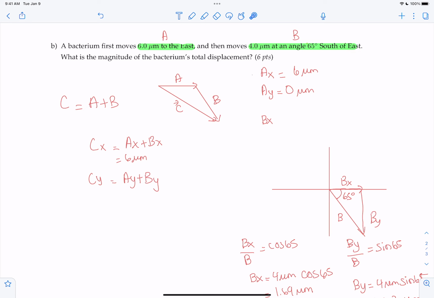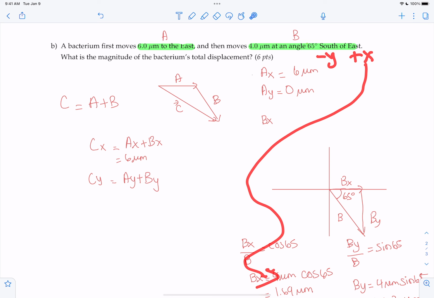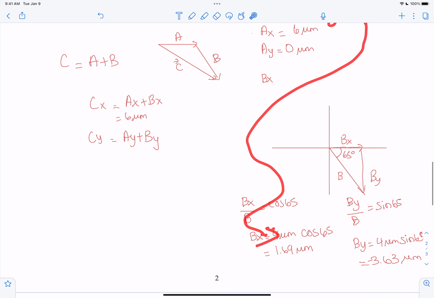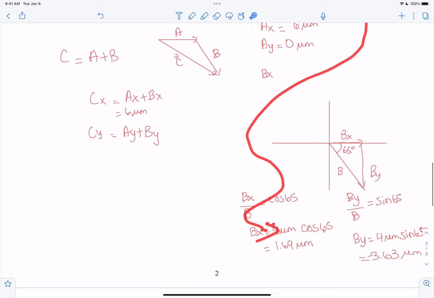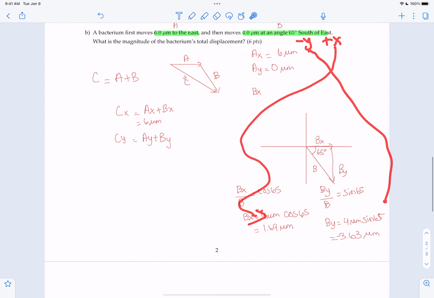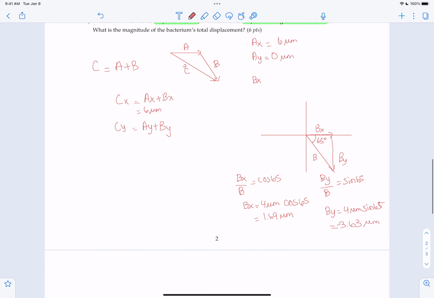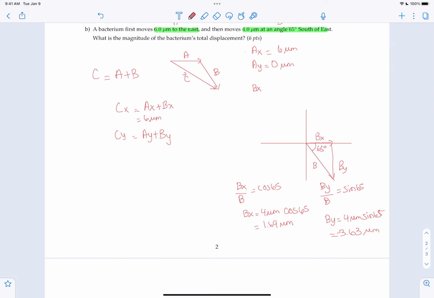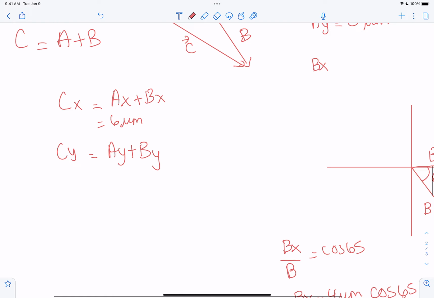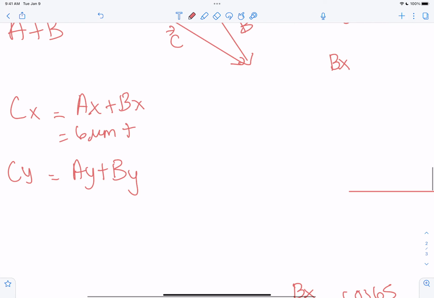East is referring to the positive x direction. South is referring to the negative y direction. So this is negative y, this is positive x. Then you have to relate that back to your components here. Your x has to be positive, and then your y, I just want to zoom out here, your y has to be a negative answer. So negative 3.63 and positive 1.69 for by and bx. So that being said, bx is what? 1.69